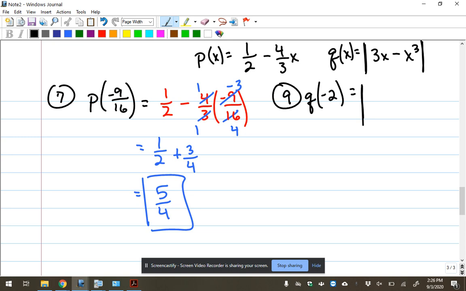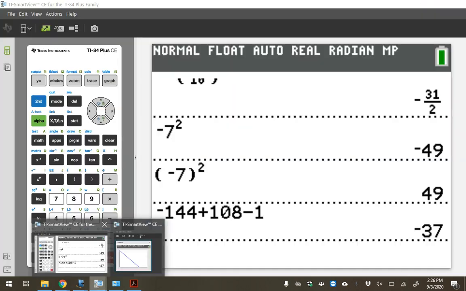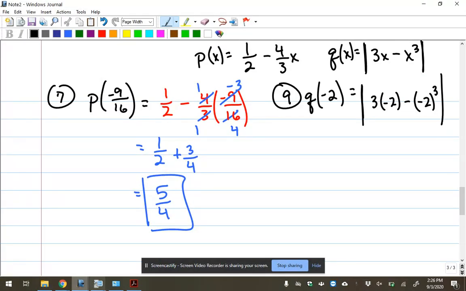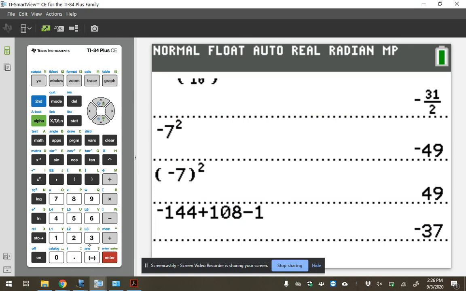So I'm doing absolute value of 3 times negative 2 minus negative 2 to the third power. Again, I'm putting it in parentheses because I know that negatives and exponents can get a little crazy sometimes. So I put it in parentheses. I'm going to type it into the calculator as 3, parentheses, negative 2,